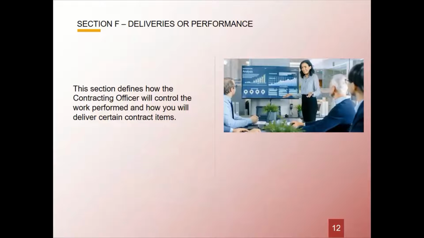Section F deals with your deliveries or performance. Very, very important. This section defines how the contracting officer will control the work performed and how you will deliver certain contract items. A lot of times, if your solicitation has in there where the contracting officer wants you to